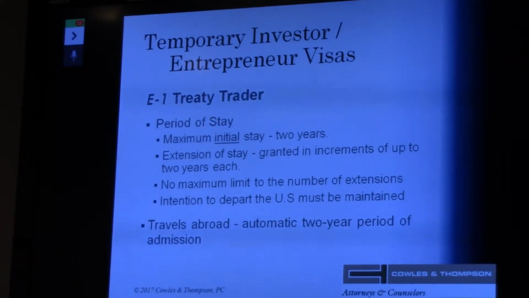Travel abroad: people frequently see that every time you come back to the United States, you get a new I-94 form, and usually what they do is stamp a new 2-year period. So, for example, you come into the United States with your visa, and they give you a date of October 2019, and in December you leave. Then you come back, and they are going to give you December of 2019. So every time you come back, they will extend it to match the 2-year period that you would be authorized to stay.